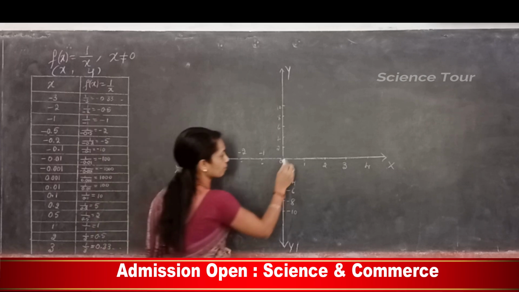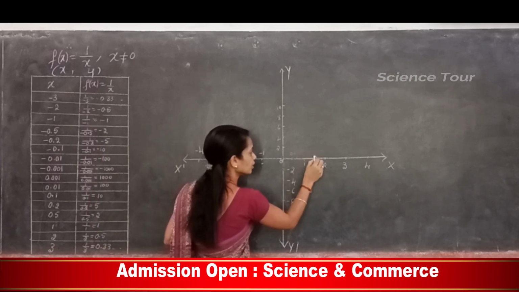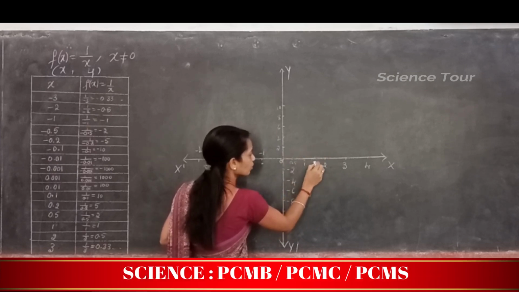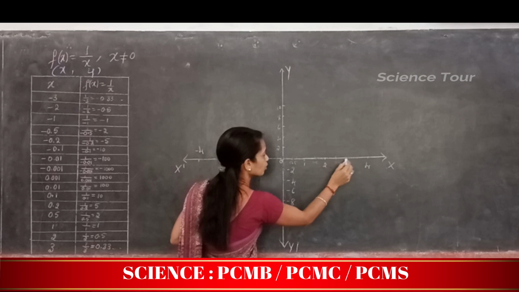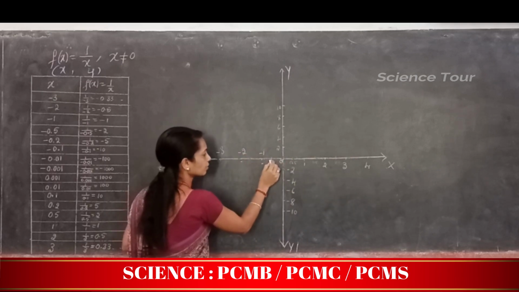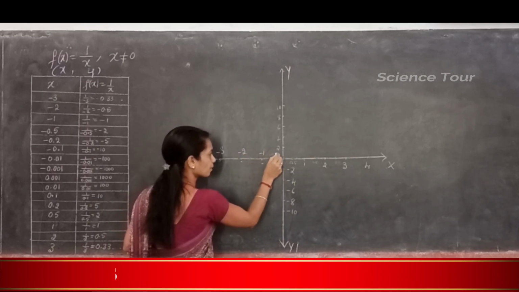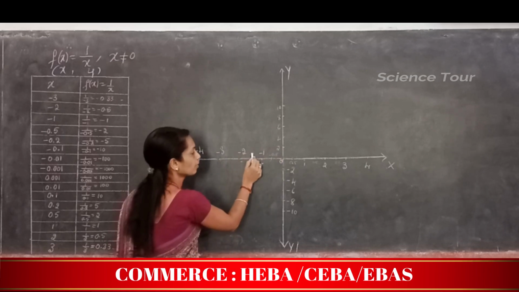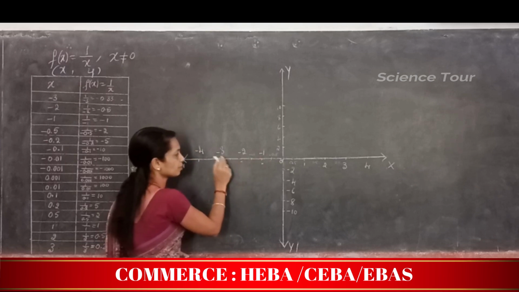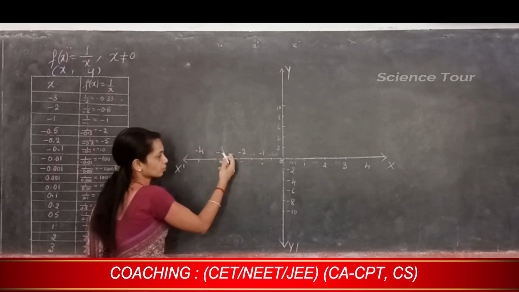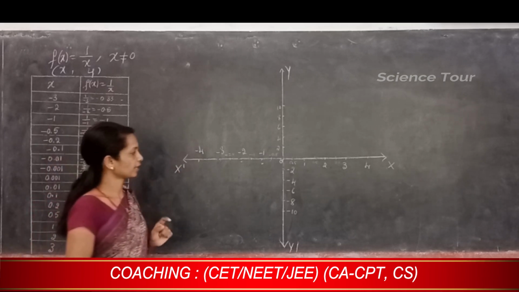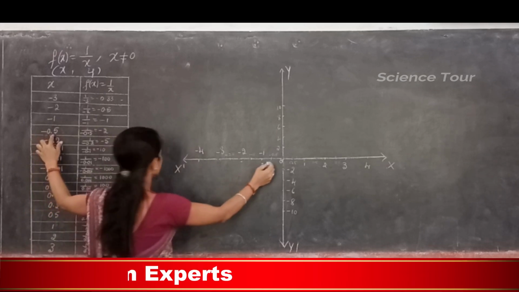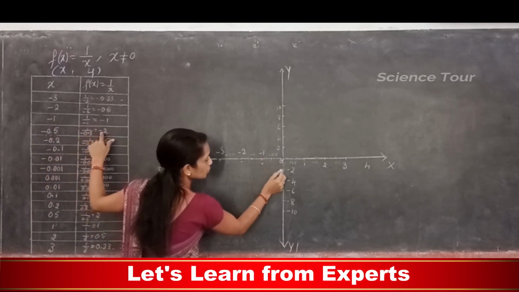If you want, you can mark here 0.5, here you have 1.5. I'll write below 0.5, 1.5, and here you have 2.5 like that, and here minus 0.5. In between minus 2 and minus 1 you have minus 1.5. In between minus 3 and minus 2 you have minus 2.5. Next, no need, I'll write only that much. Now what is the image of minus 0.5? Image of minus 0.5 is minus 2, that is here.